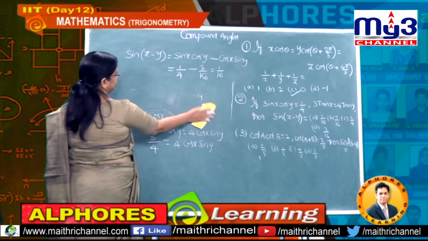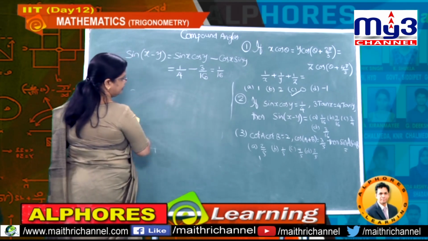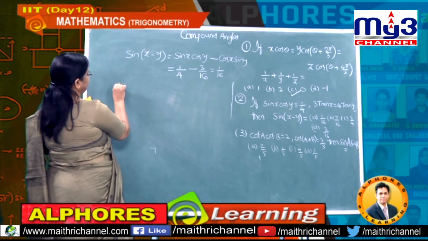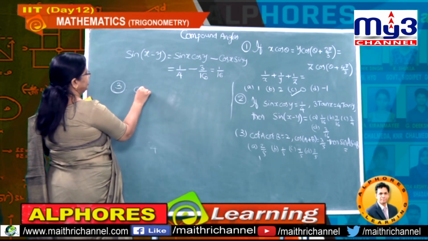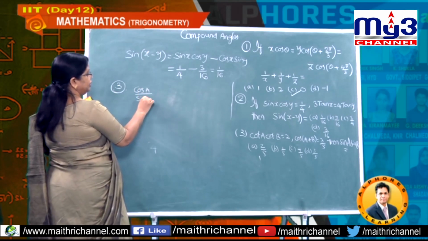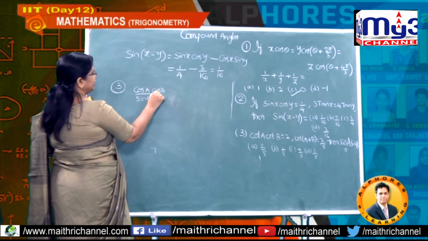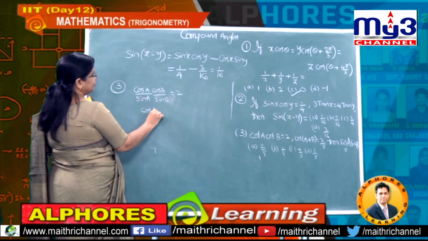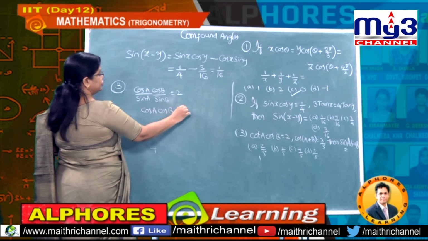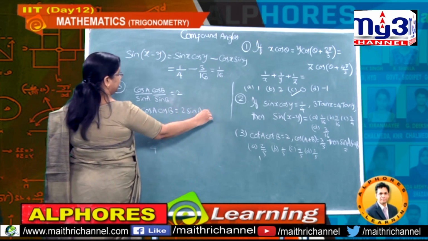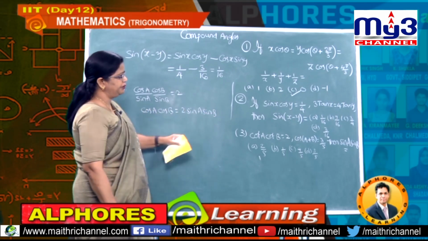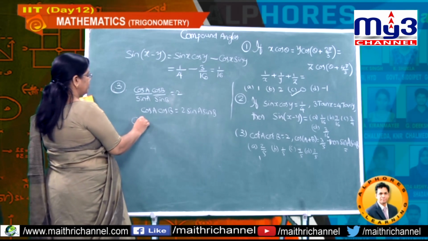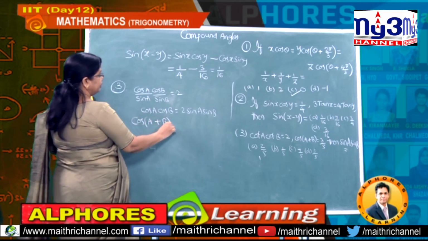It is the same manner, instead of being given in tan, it is given in cot. So, cot A cot B is 2. So, for the third problem, cot A cot B is 2, that means cos A by sin A into cos B divided by sin B is given as 2. Therefore, cos A cos B equal to how much, students? It is 2 sin A sin B. Got it? And the next value, cos of A plus B is given as 3 by 5.